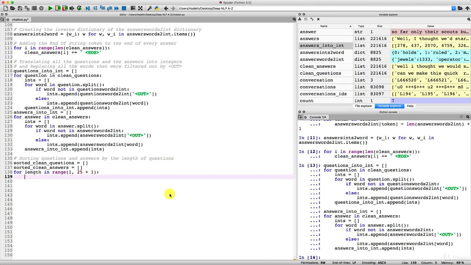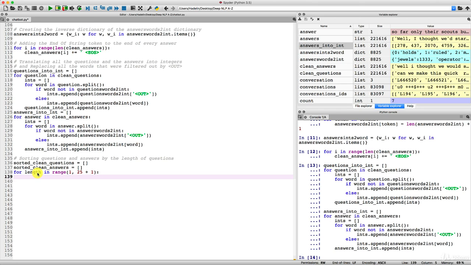Because now that we loop over the different possible lengths of the questions we will be dealing with, for each of these questions having that length, we want to get two important elements. The first element is the index of the question, and the second element is the question itself, the text, because then we will need the length of that question. So the trick to get these two elements at the same time is to use the enumerate function. And that's exactly what we're going to do.